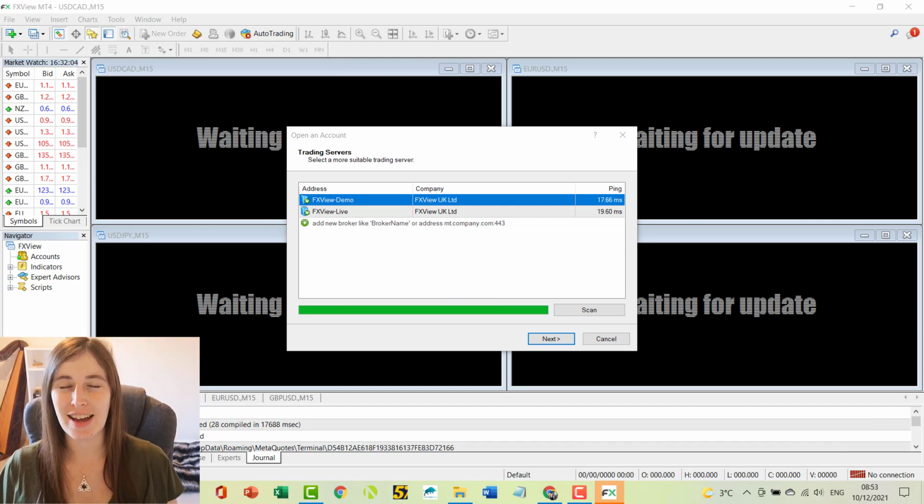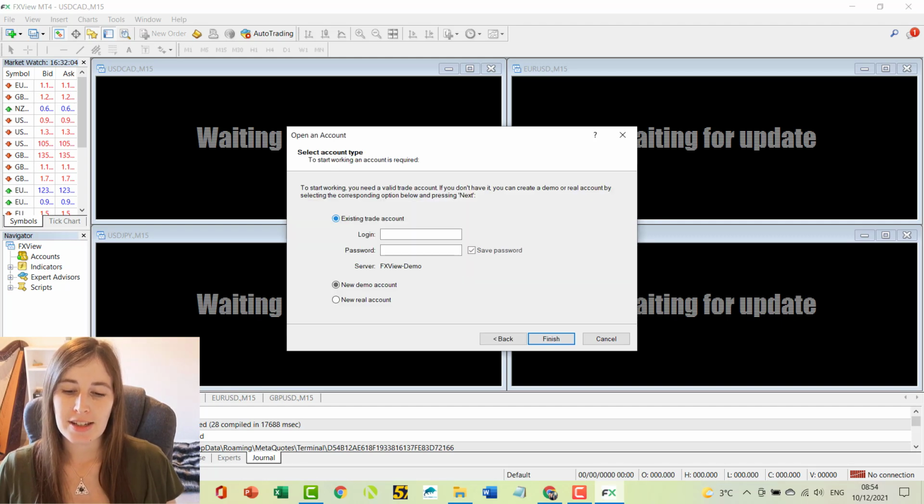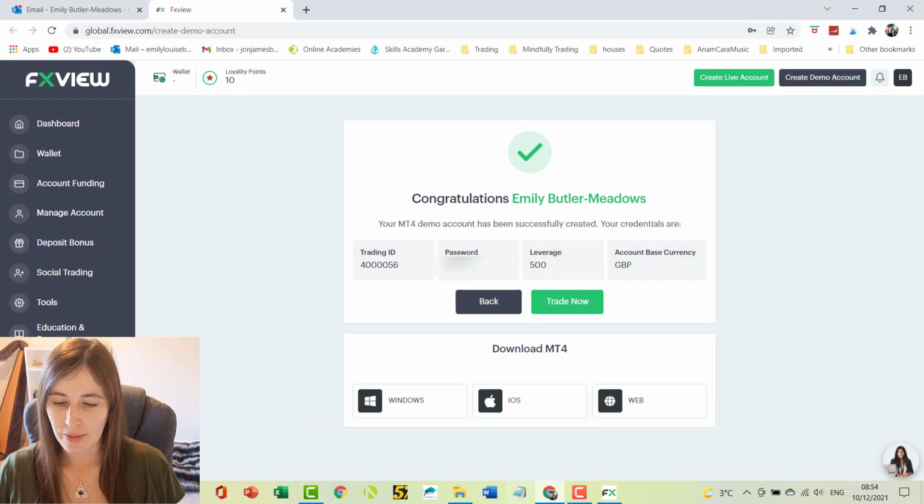So I've just downloaded the FXView MetaTrader 4 application and I've opened it, and this is what I can see. Let's make sure we log into the right section. For now I want to log into FXView Demo, so make sure we're on the demo server. And this is an existing trade account because that's what we've just created with FXView. So I'm going to go back to that now and just copy across my trading ID